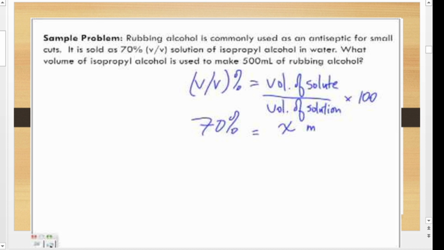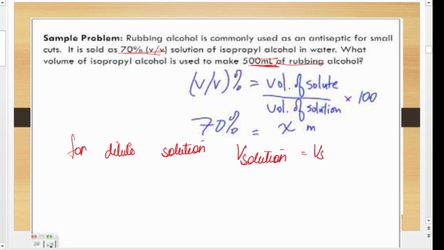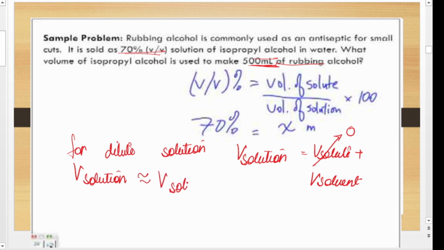So see, this is another question. I did this question intentionally because of the current scenario. Over here, this much is given and this much is to be added. Now for very dilute solutions, we need to focus. For very dilute solutions, the amount of solute will be very less. So we can say the volume of the solution has to be volume of solute plus solvent, but because the amount of solute is very low, we can almost treat it as negligible. Or we can say the volume of the solution is approximately the volume of the solvent. So if it is a very dilute solution, we can go with this particular concept.